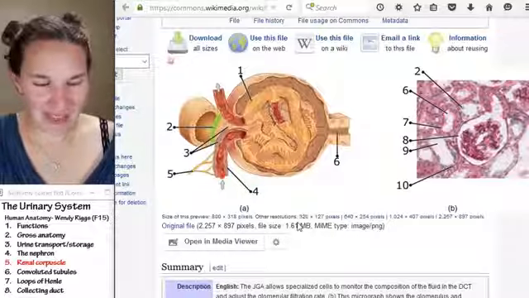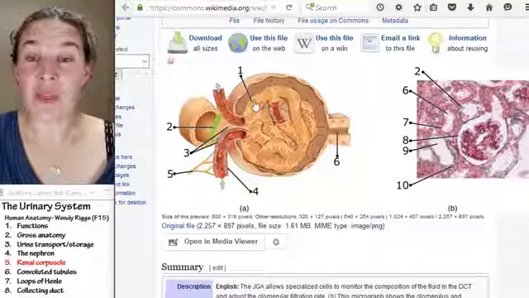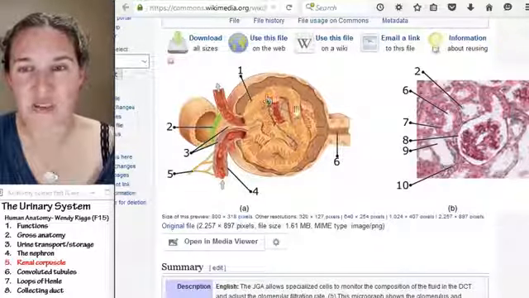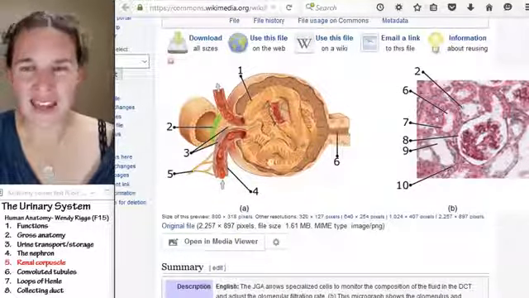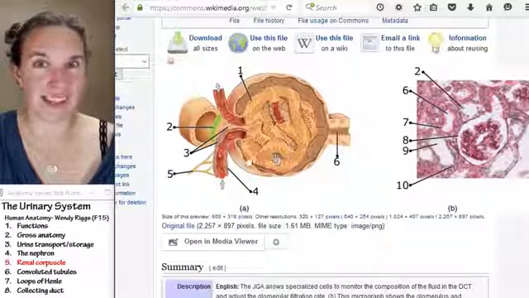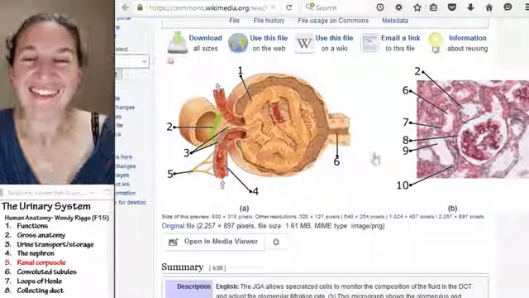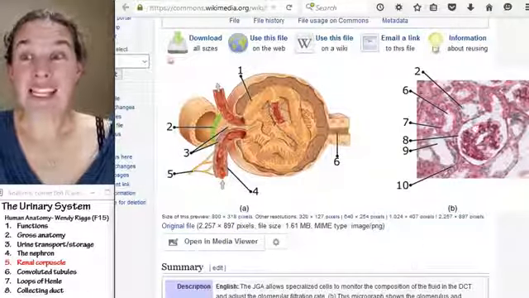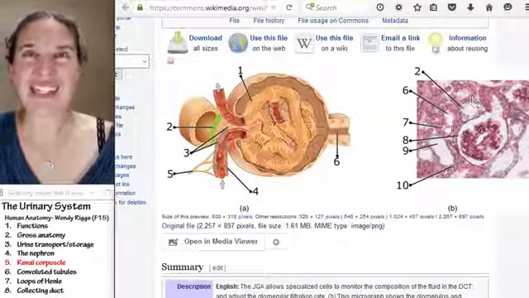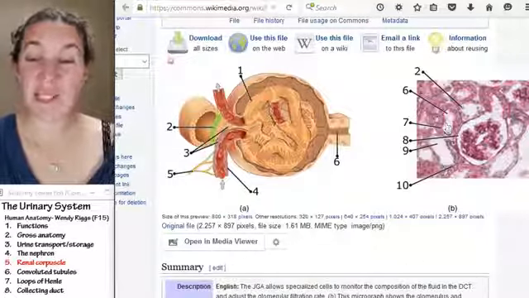All right, so I think, did I label everything? Capsular space. I didn't. I wanted to tell you that the cells that make up the visceral layer of Bowman's capsule are called podocytes. And I think of foot, toes, and these are like little toes that are sticking out here. So these are podocytes. And then what else? That's it. Okay. Now we get to look at the histology of 3 parts of our kidney, because we can actually tell nephron parts when looking at our kidney slide. So let's get started on